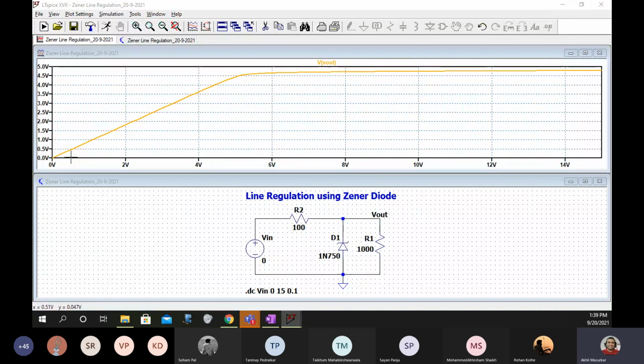Even if input voltage is 0, the output voltage will not be 5 volts or 4.7 volts. That is not possible, right? If input is 0, can you get an output of 4.7 volts? It means you are creating energy. You are giving 0, you are not giving anything, but you are getting 4.7. Is that practically possible? That is not practically possible.